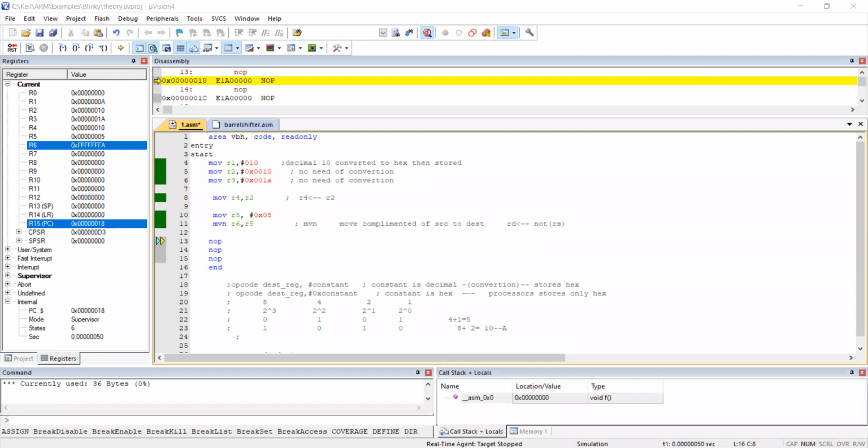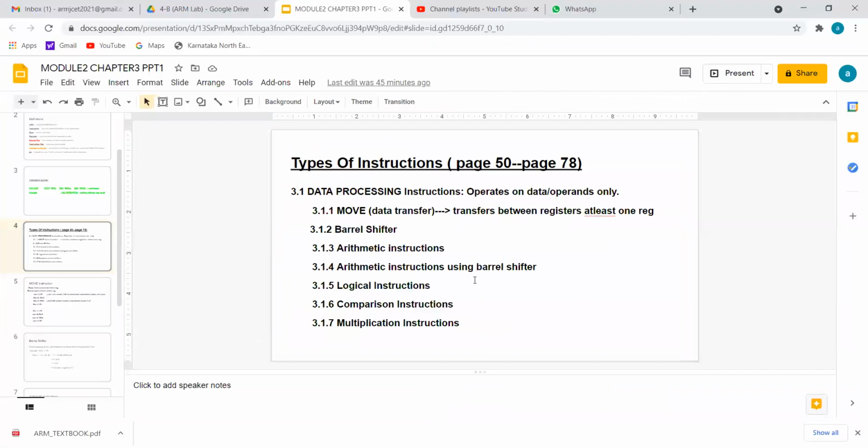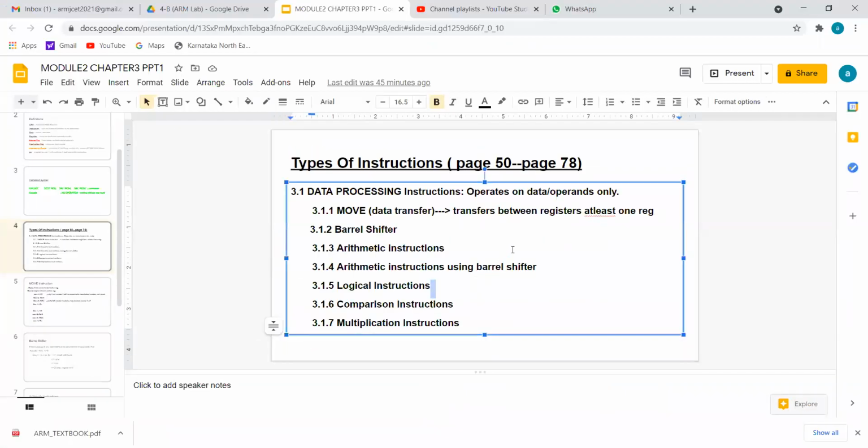New sharing. So here, what we have finished. My target was to finish at least 3.1.2 and 3.1.3, but since it is the first session, what we have finished here is 3.1.1. Is it clear now for everybody? So we are left with 6 minutes. We cannot finish the barrel shifter in only 6 minutes. But let me try. Is it possible? We'll finish it.